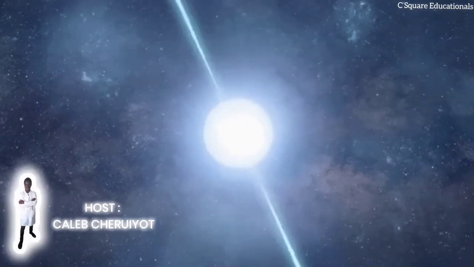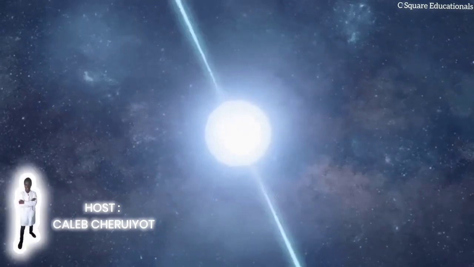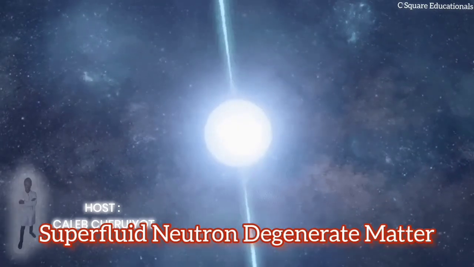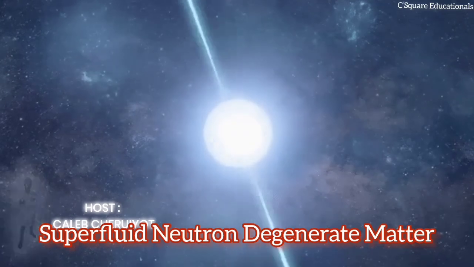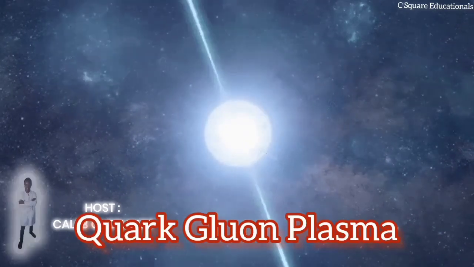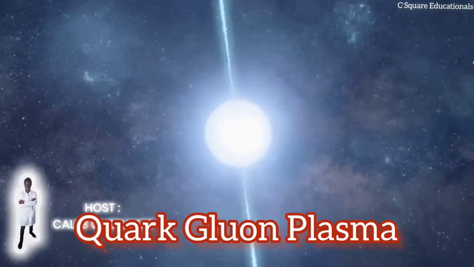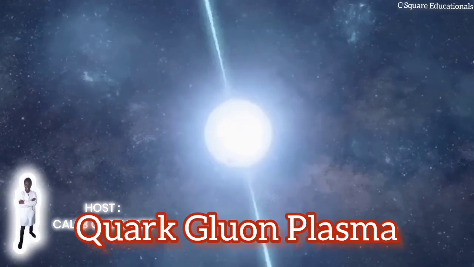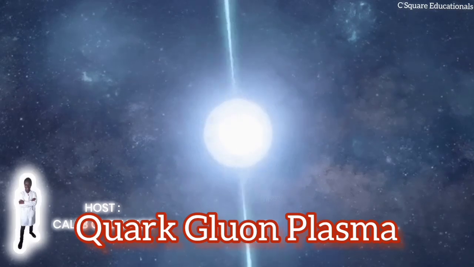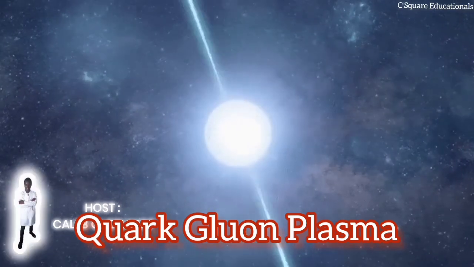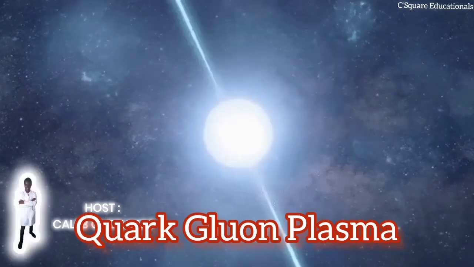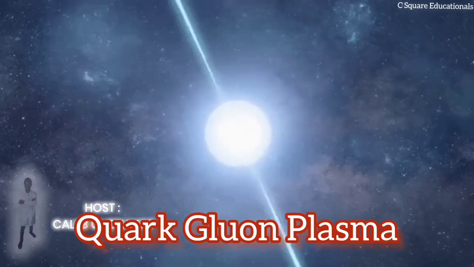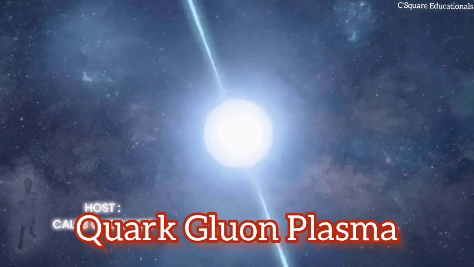Although we haven't fully grasped their properties, the prevailing belief suggests that they may be composed of superfluid neutron degenerate matter or an ultra-dense quark matter called quark-gluon plasma. These peculiar states of matter defy conventional understanding and can only thrive in ultra-extreme environments. In many aspects, a neutron star bears resemblance to a colossal atomic nucleus, distinguished mainly by the forces binding them together. Atomic nuclei are governed by the strong interaction, while neutron stars are governed by gravity.